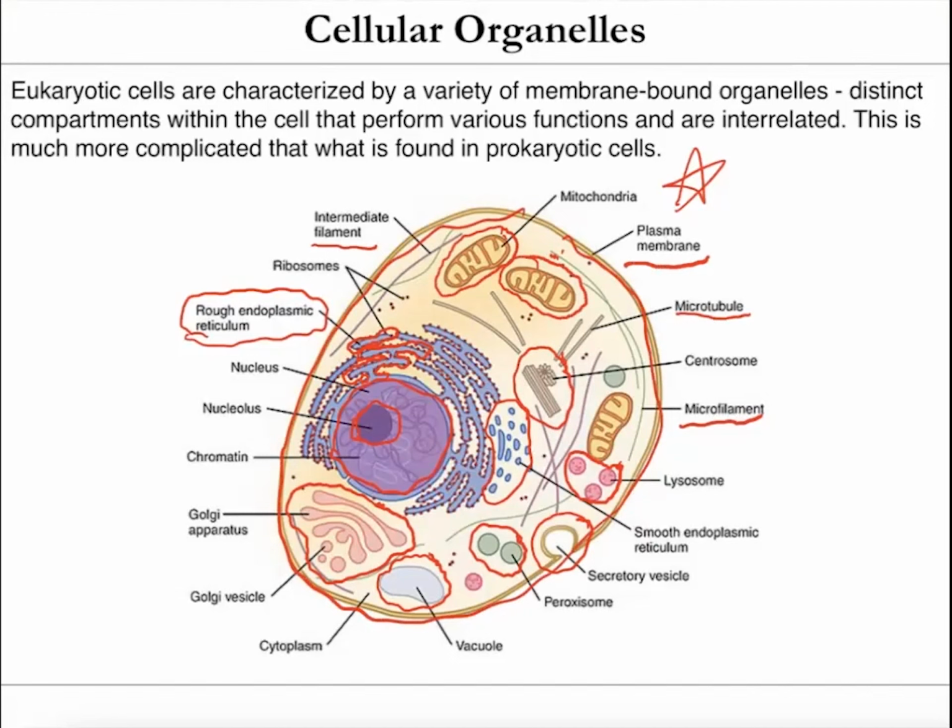And then all of the contents inside the cell is considered the cytosol. That's actually the aqueous environment between the plasma membrane and the membrane separating these other organelles. So that would be called the cytoplasm or the cytosol. And that's where soluble proteins and all of these organelles are going to exist. So these are the cellular organelles. We'll go through each of them very quickly and talk a little bit about the different jobs that they do and their structure and functions.